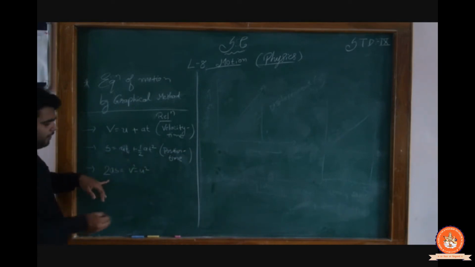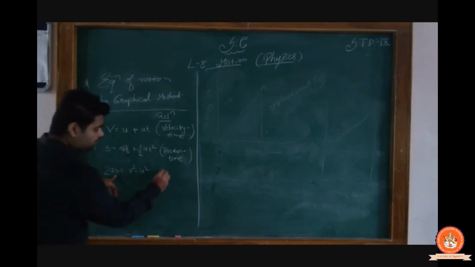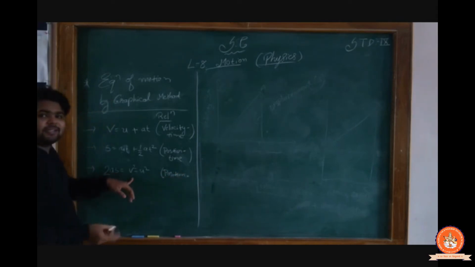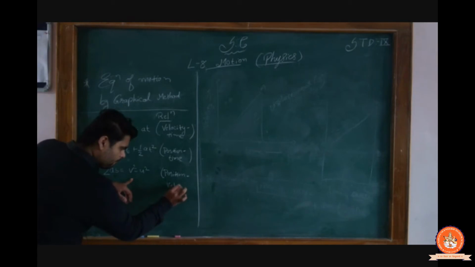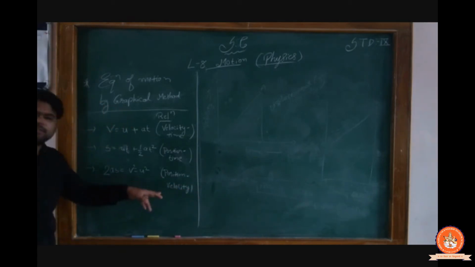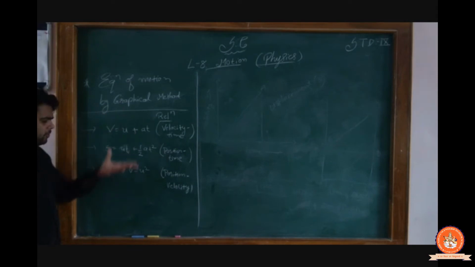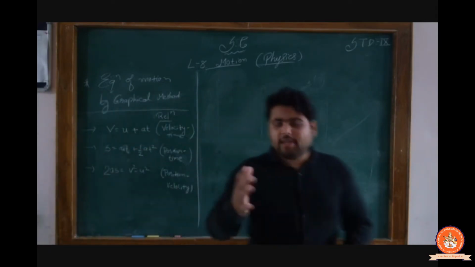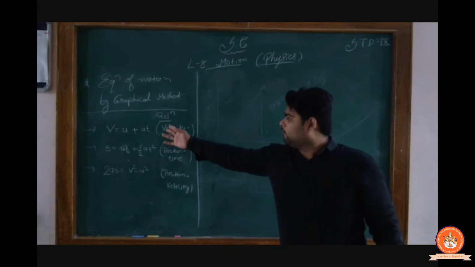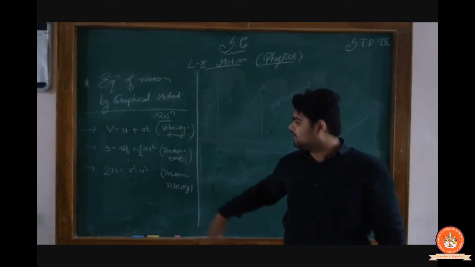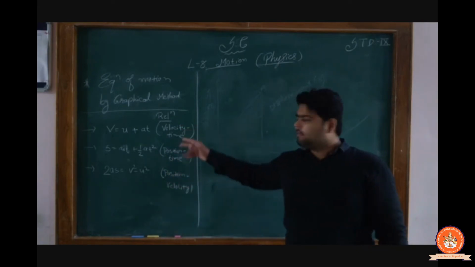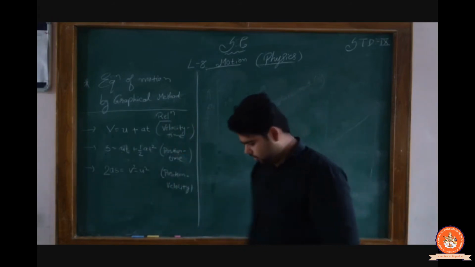And the third and final equation is for position and velocity. We can derive each equation here. This is the most important equation and will come up in further studies also. In the exam, a question can be asked: derive the equation of velocity versus time relation, or the position versus time relation, or position versus velocity. One by one we will derive them.